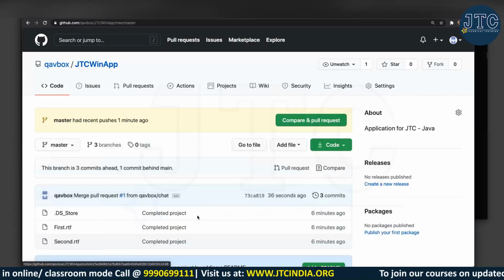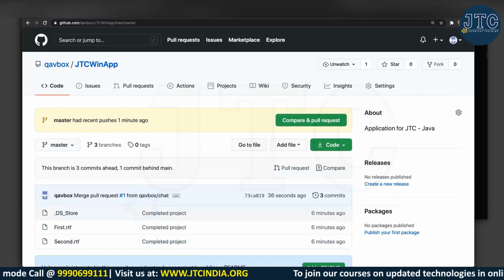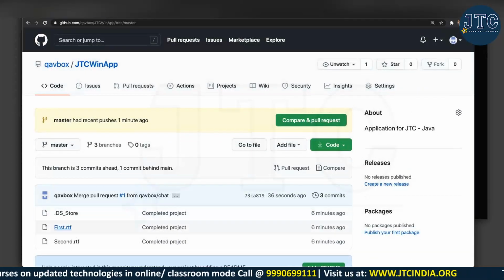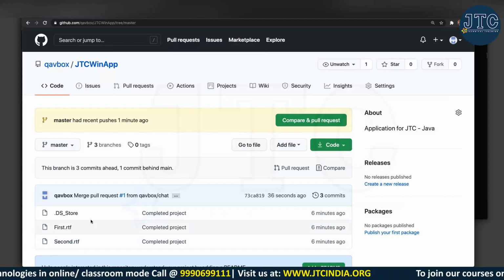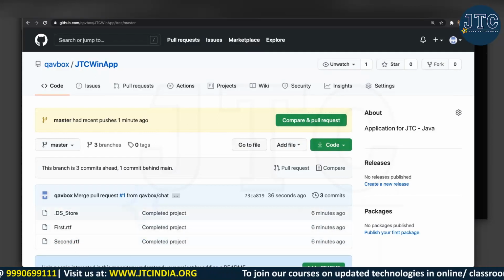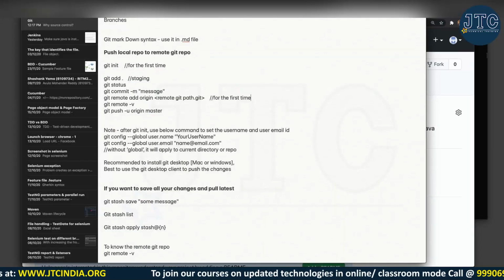Now this master branch your DevOps team can take and then push to the production. So that is the way. And in your organization also, when they are using GitHub, the same concept they will be using, just different files. You might have 10 different files there. So that's how actually you will be branching yourself, and then branch merging.